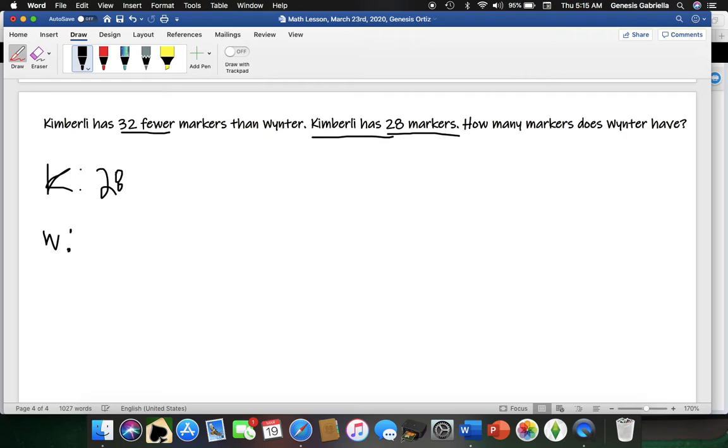But what do we know about what Winter might have? We know that she has more than Kimberly because Kimberly has 32 fewer. So I'm going to go ahead and put more. That looks like a horrible M, but it's fine. To know that it's going to be an addition problem. Because Kimberly has fewer, we know that Winter has more than Kimberly, so we're going to add. So our operation is 32 plus 28